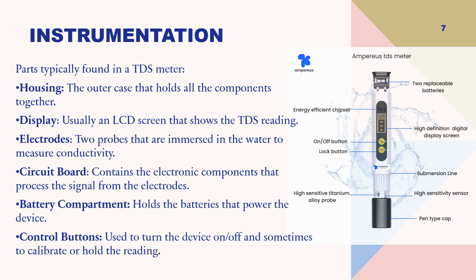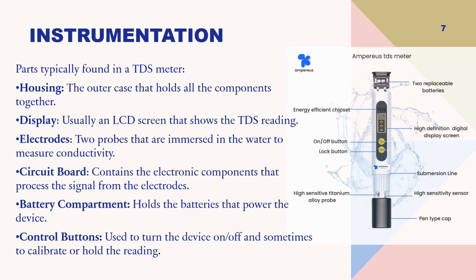Moving toward the instrumentation part. A typical TDS meter consists of several key components: the housing, a durable outer shell that holds everything together; the display, often an LCD screen that shows the TDS reading; the electrodes, immersed in water to measure the conductivity;